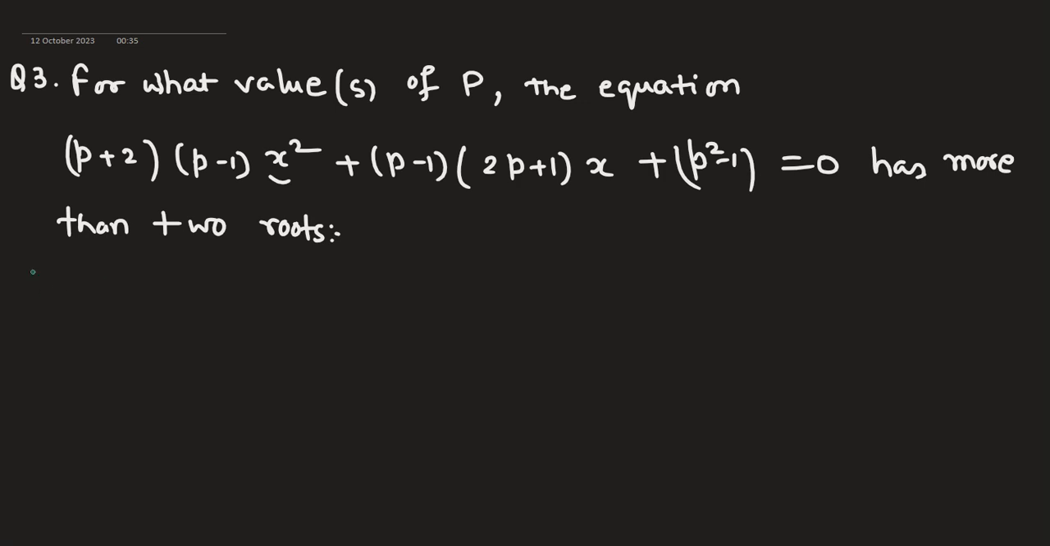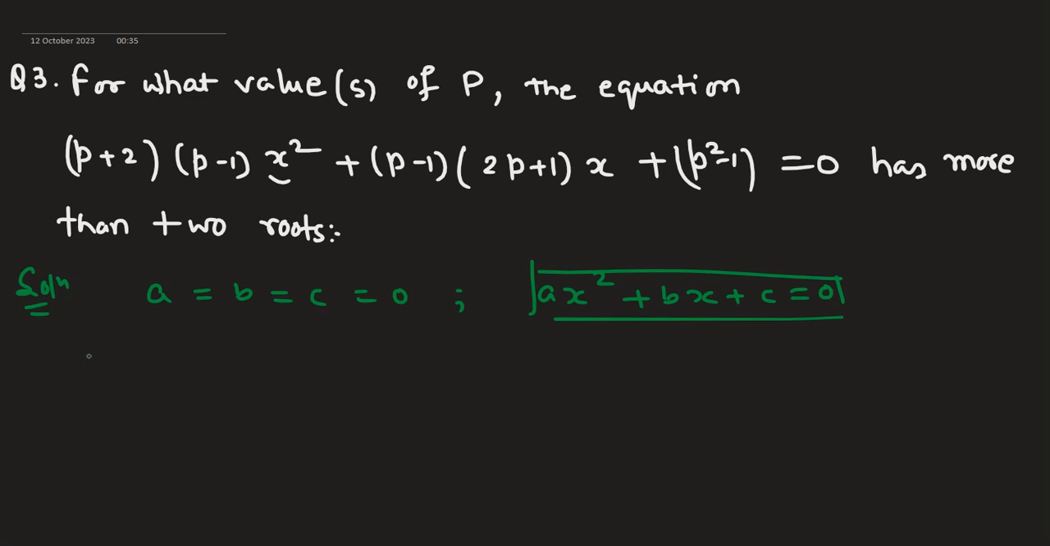A quadratic with more than two roots means it is an identity. When will it become an identity? When all the coefficients a, b and c become 0, if you consider the standard equation ax square plus bx plus c. Okay,